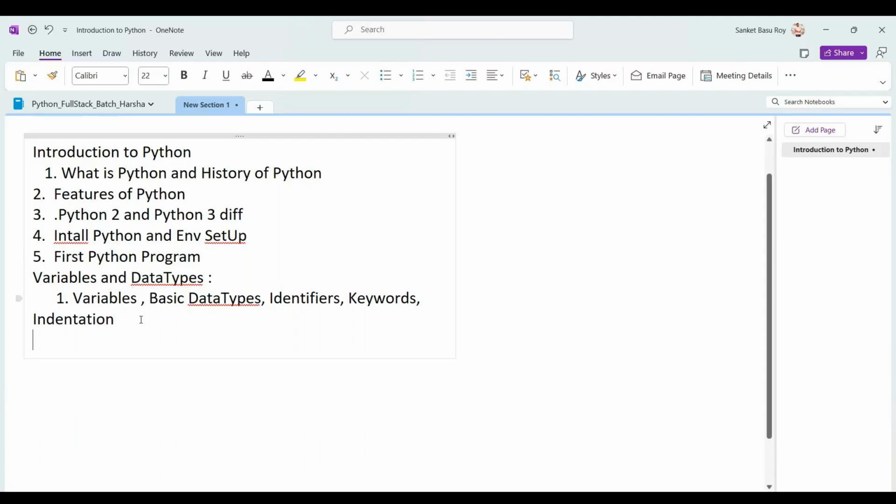Now apart from that, there is something called how to comment a line, and how I can include the docstring in Python. Okay, docstring in Python. So in this section we are going to learn that. Now the third topic, the day one we are going to learn is